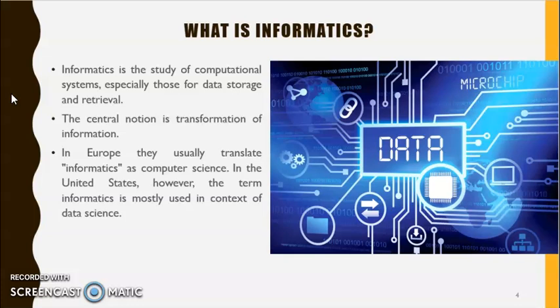So when you are working on the study of computational systems, the computation part generates answers for the problem you are trying to solve based on some databases that you have. For example, if you are working in the field of e-commerce, for example, if the system that solves the problem